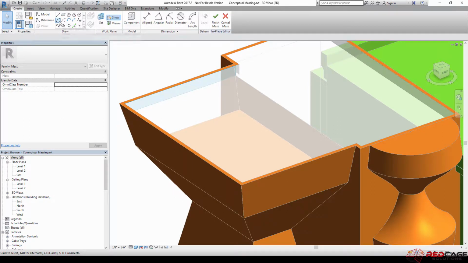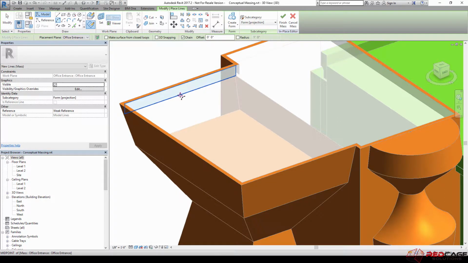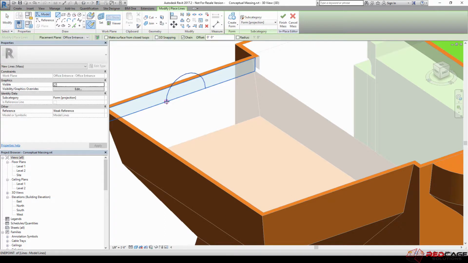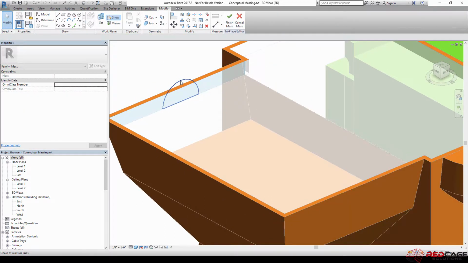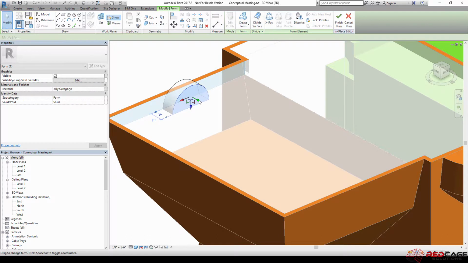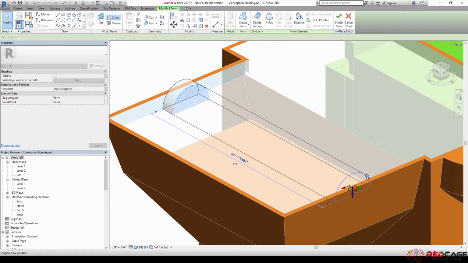And I'm just going to draw in an arc that goes from that center point. So let's just span across. Okay, so make that a full kind of dome, and then I'm going to grab a line and close that off. All right, so now that I've got that closed profile here, what I'm going to do is create a new solid form from that guy,